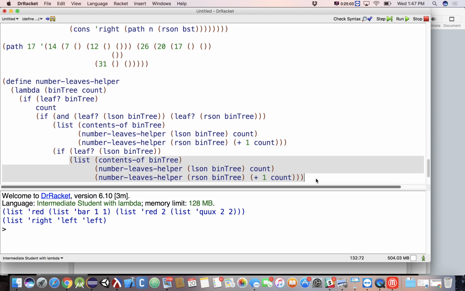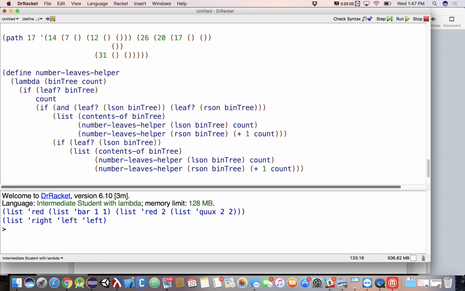But now we're gonna see the alternate side. If the left tree wasn't a leaf, does that mean that the right tree must be a leaf? Or is the right tree still just maybe a leaf? Still just maybe a leaf, right? So we'll ask the question, if leaf